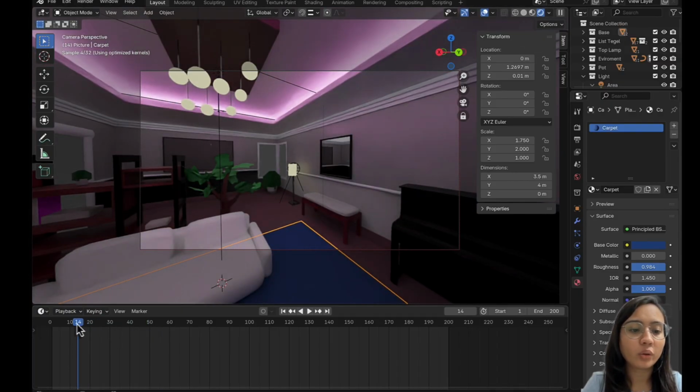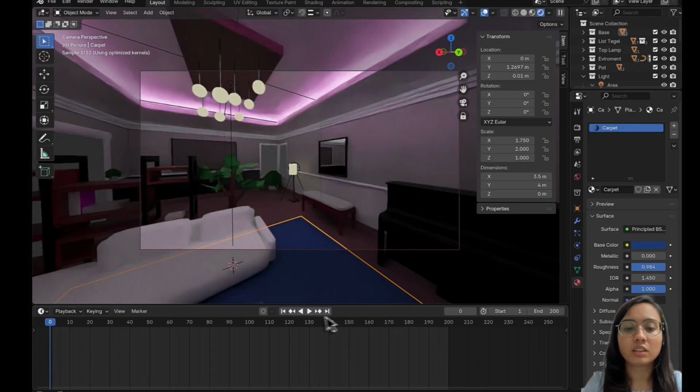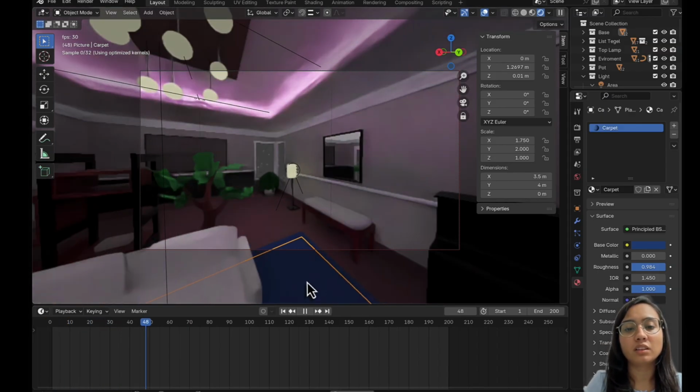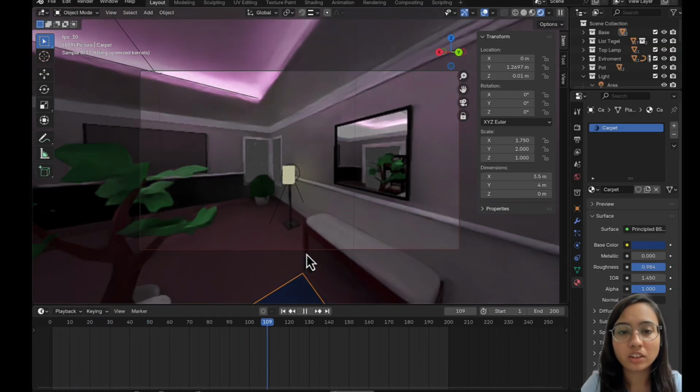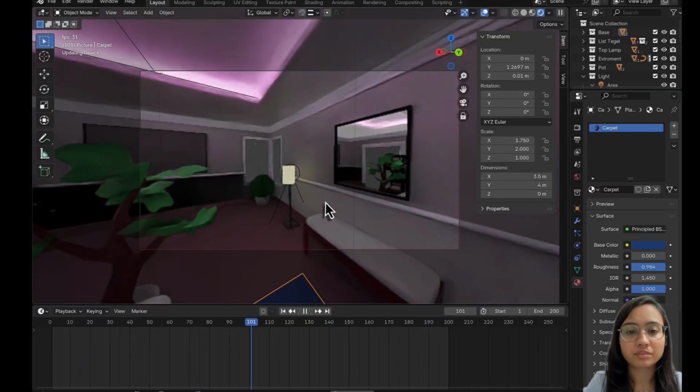So this is how our overall animation will look like. When we are starting at frame 0, the camera is first focusing on the lamp, the light is becoming dimmer, and it is falling down. So that is how